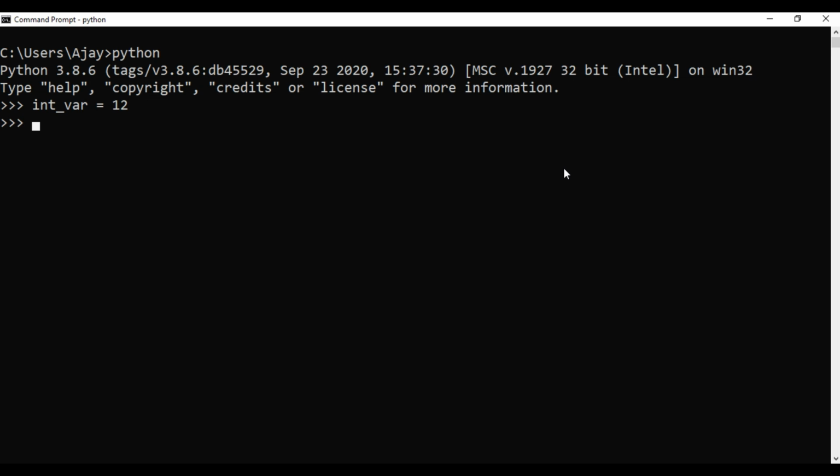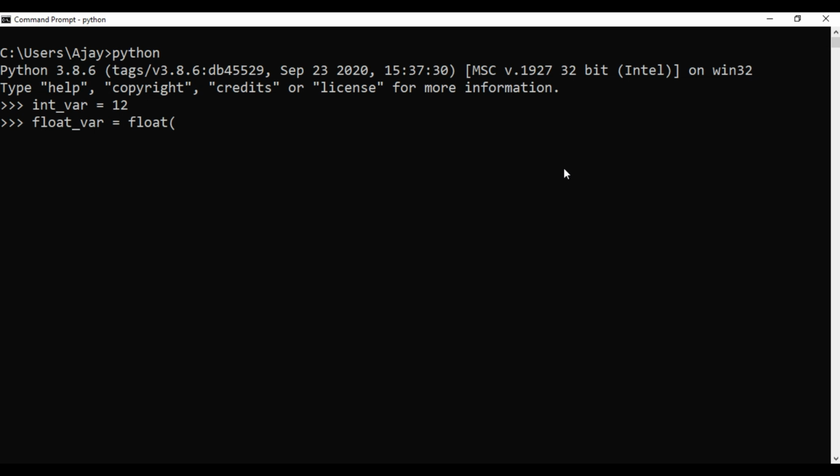And now I will create a float variable, and inside this float variable I will store a value which is returned by this float function.